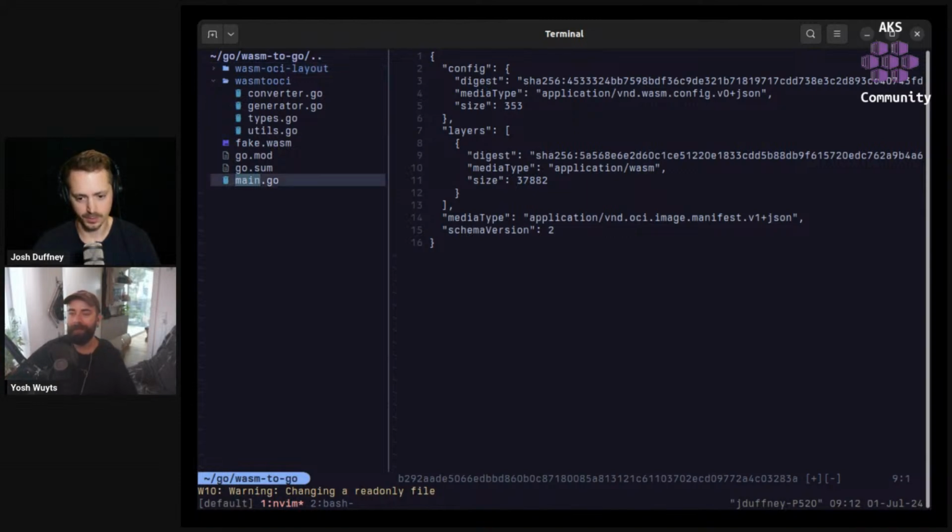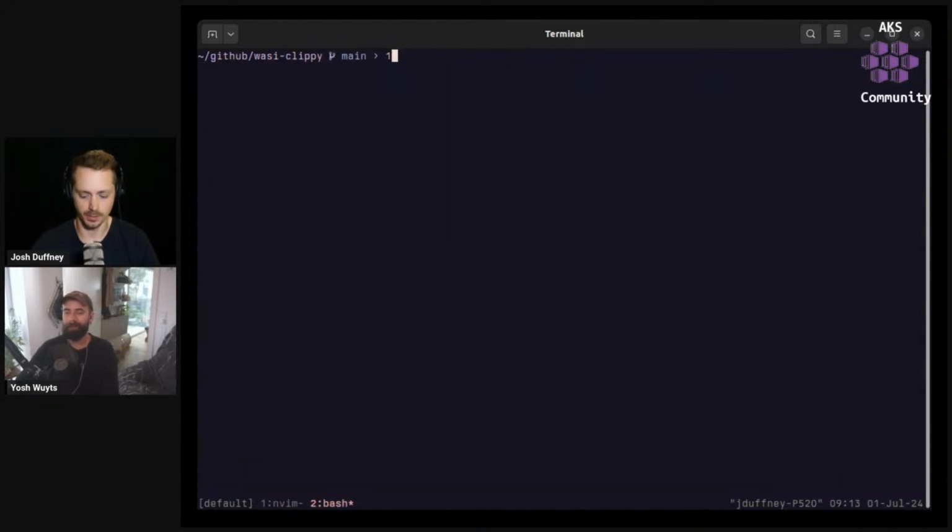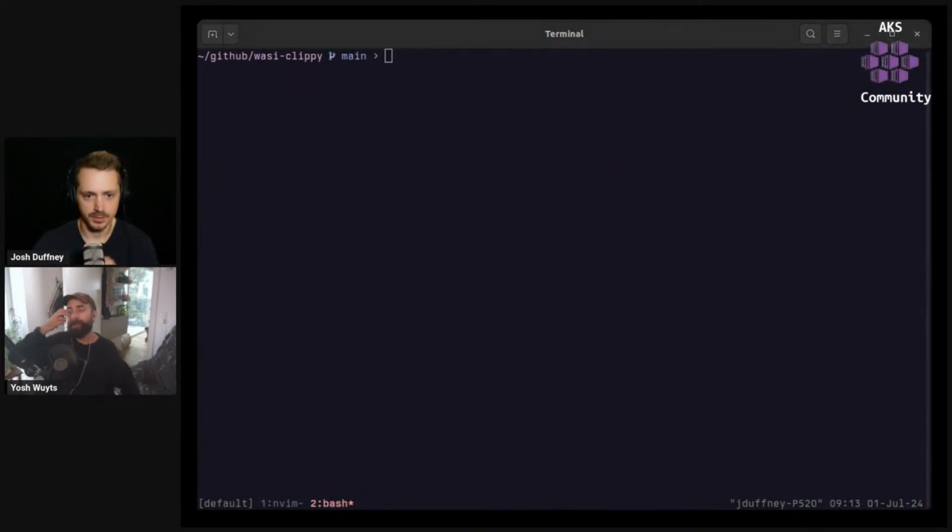Let's see here. If we go back to here, I'll probably have to install some Rust stuff. So our plan is, let's install Rust first, then build the WASI Clippy, then package that and upload it. Do we want to do GHCR first or directly to Azure? We did GHCR, so we tested it before. We'll probably just go straight to the registry and see if we can pull it from the registry. I'll remove it locally and then we'll pull down the component. And if there's time, we can either jump into the code I was just showing, or we could probably spin up